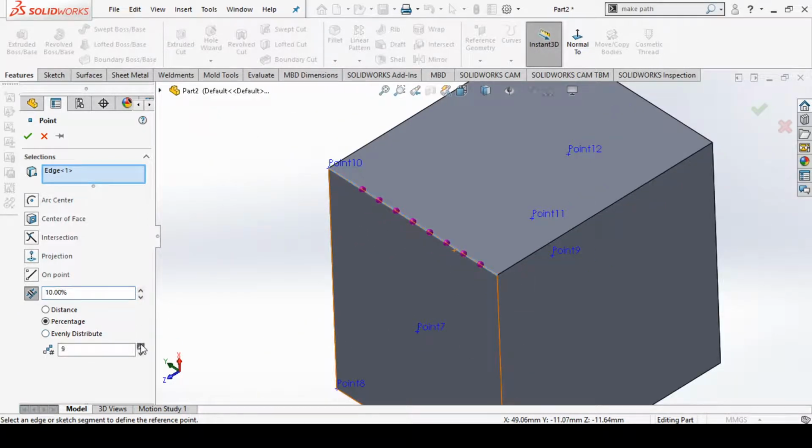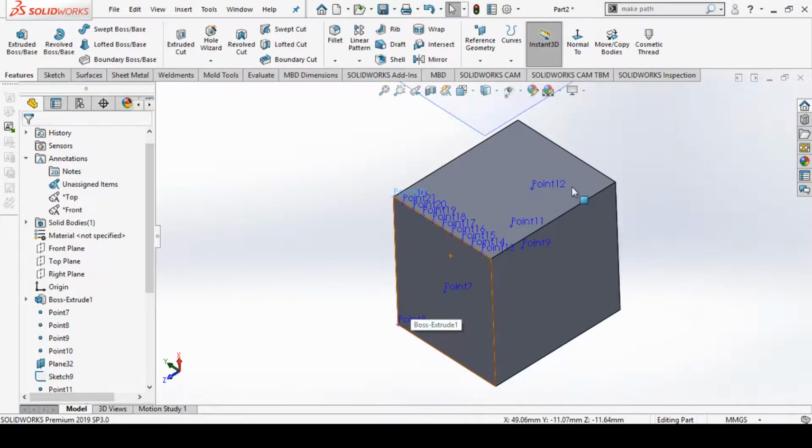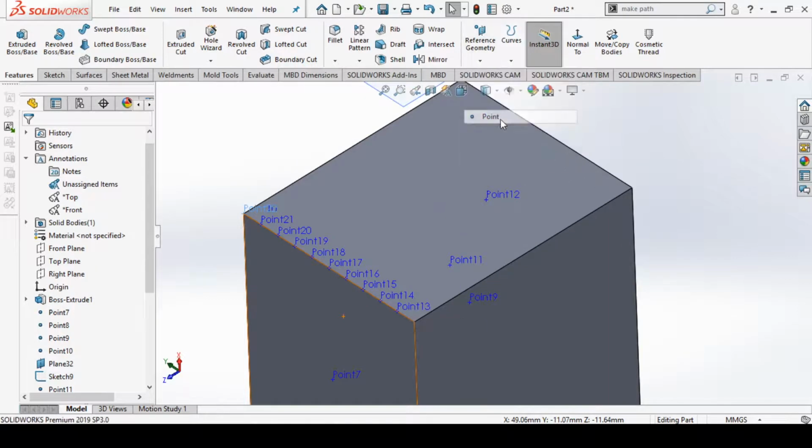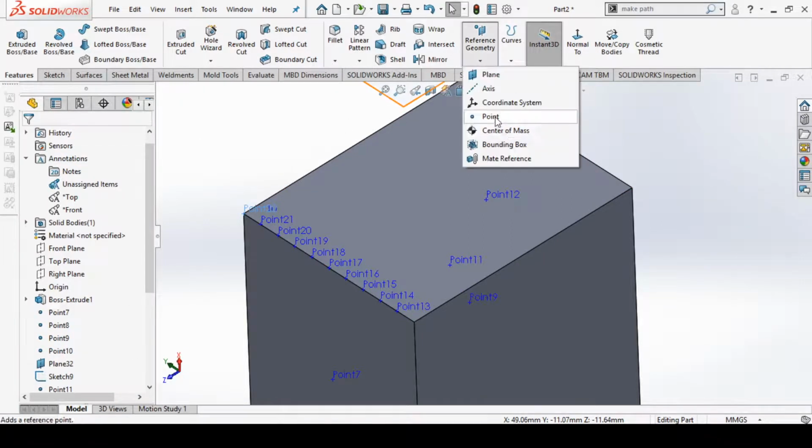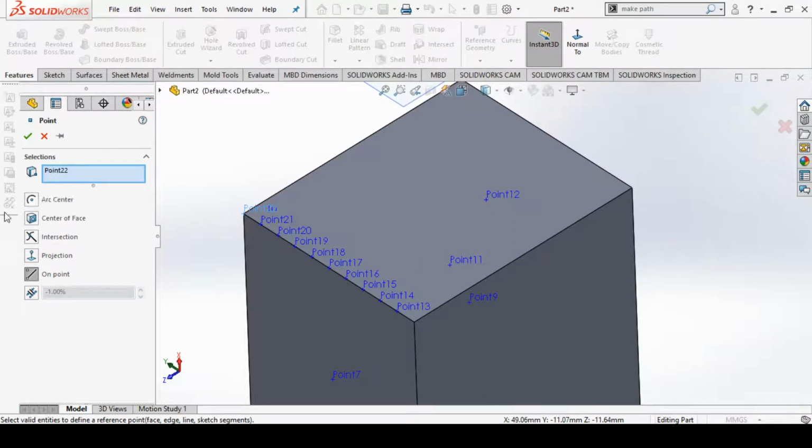We can increase the number of points and you can see the preview. But when you exceed the range of this line, you cannot see the preview and you cannot create the points. So in this way we can create a number of points by using these options.